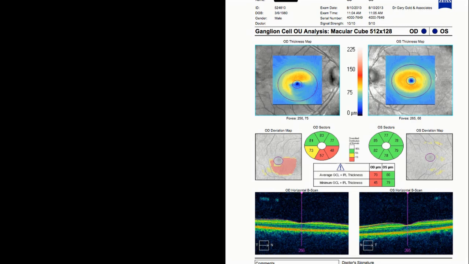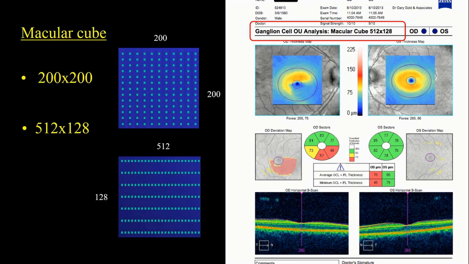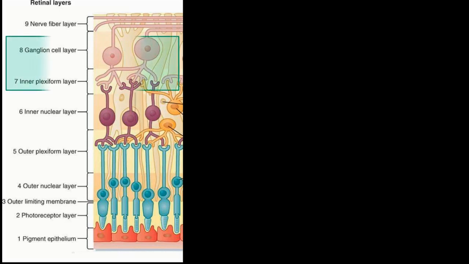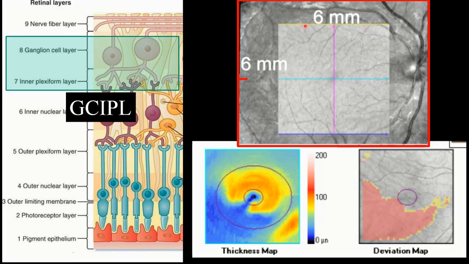In this example, this is the macular area, macular cube. It can be 200 by 200, or as in this example, can be 512 by 128. The software measures the ganglion cell inner plexiform layer complex. So the area is 6 by 6, but actually what is measured is an area 4 by 4 and 8 millimeters,